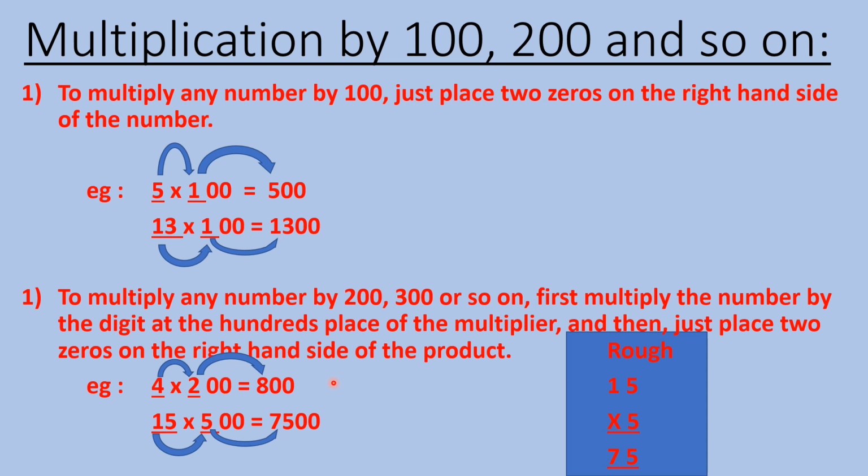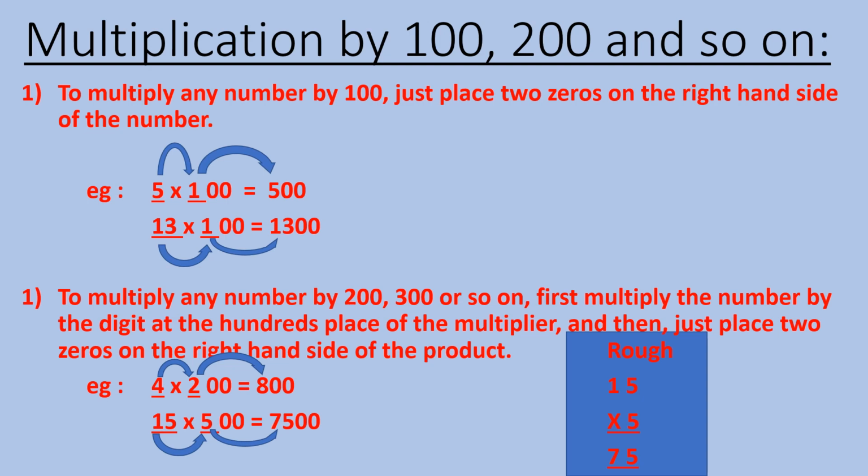Clear? Now next, suppose we have to multiply 15 and 500. So we will multiply this number 15 by the digit at the hundreds place, that is 5. So we will multiply 15 5s are. You may read the table of 15 also or you may multiply in the rough column also. You may see I have done here multiplication. 15 5s are. So 5 5s are 25. 5 carry 2. Now 5 ones are 5 plus 2, 7. So we are getting 75. And here 2 zeros. So write here 2 zeros. So our product is 7500. That is 7500. I hope it's clear.